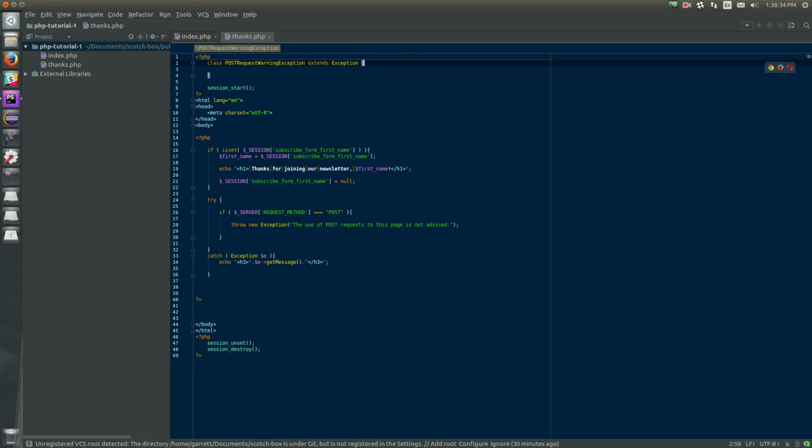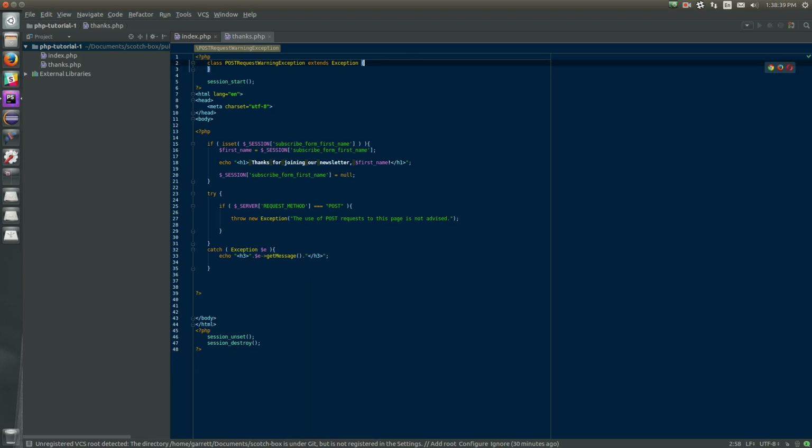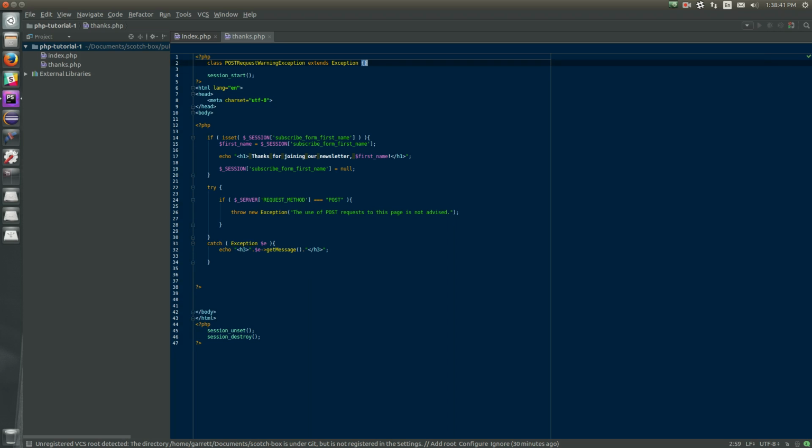So we're basically done in this class. All we have to do is terminate our curly braces so that PHP knows the class has been defined, and then we have our own custom request exception class. So rather than just throwing a new exception, we can throw our postRequestWarningException, and we can